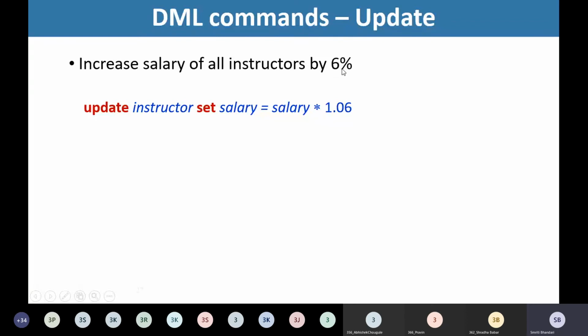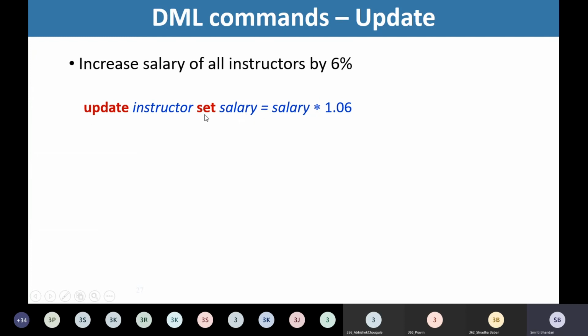So what do we want to do? We want to modify the earlier salary of the instructor and replace that earlier salary with some new salary value. So we are going to write this statement: update instructor, set is the keyword, set salary, that is the attribute to be updated.